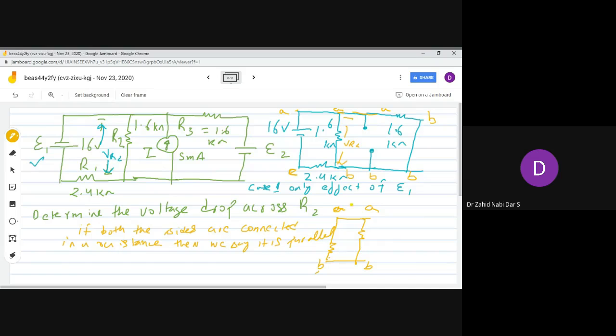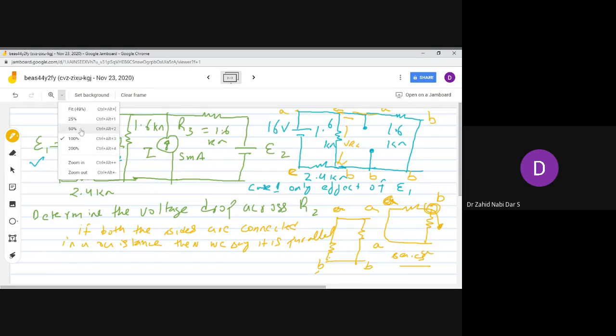For series, only one side has to be knotted. See, for series, only one side. So this combination would be a series combination. See here, this is A. Okay, this till here A. Now this is B. Okay, this is B, and this side is A only. So you can see there is no resistance over here. This is A. Okay, so not both sides are connected, only a single side is connected here. So the point of interconnection is single side, so this is series. Whereas for parallel you should have both the sides connected. So here you can clearly see that 1.6 and 1.6 are in parallel combination.